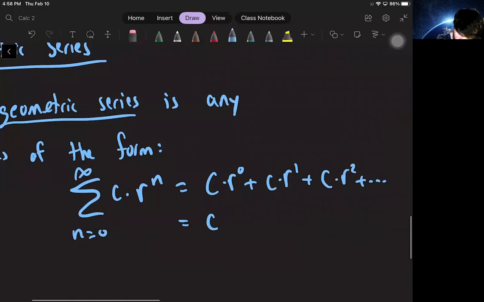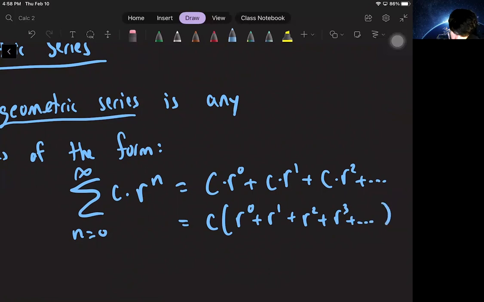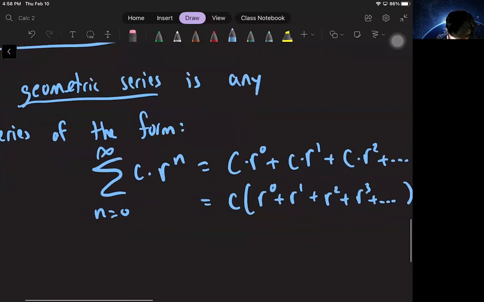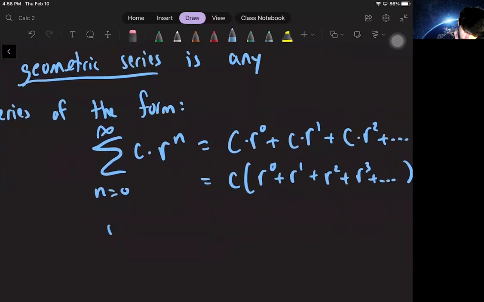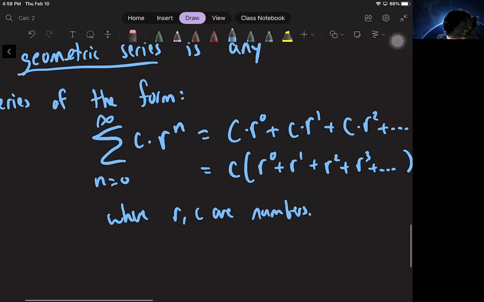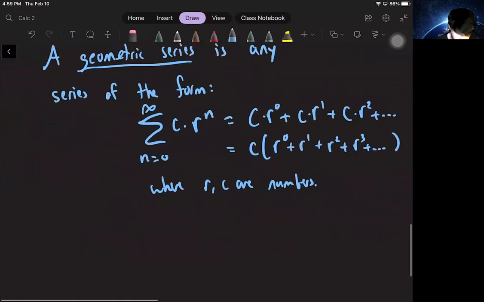But because of that rule we just said, you could also just take the c out and write it like this, and that's fine too. Okay, so a geometric series is one that looks like this. So r and c are just numbers. They are particular numbers. So for example,